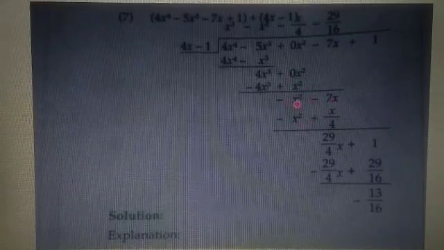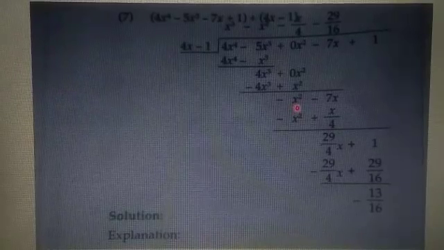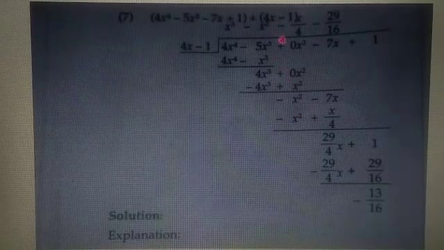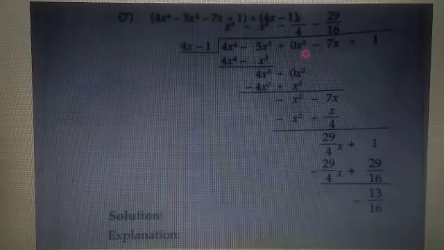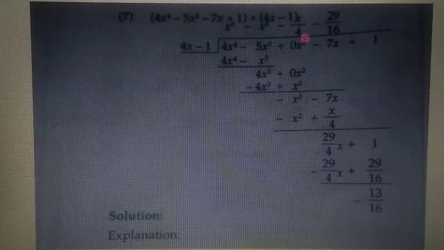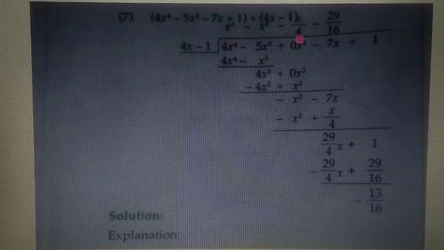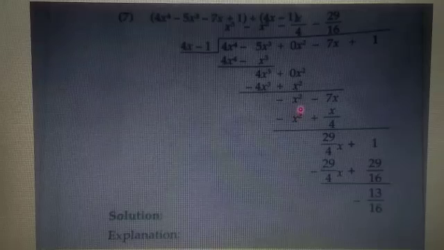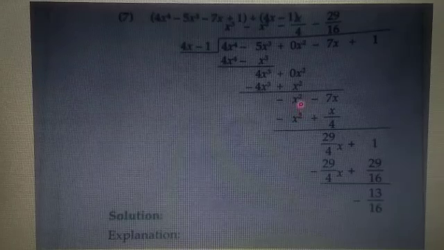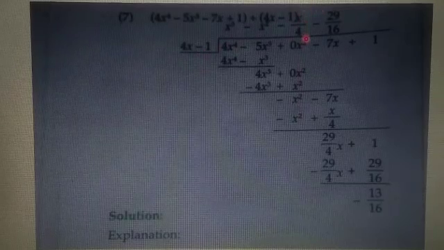Now we want minus x square as a polynomial, as a remainder. So what will we write here? Now 4x is already here. Here is x square. So what will we write in the quotient? x upon 4. If you multiply 4x with x upon 4, 4 and 4 get cancelled and we get x square, and we want x square only.